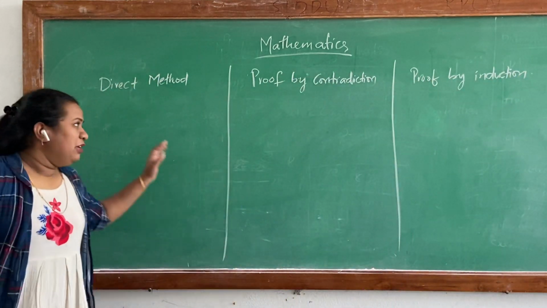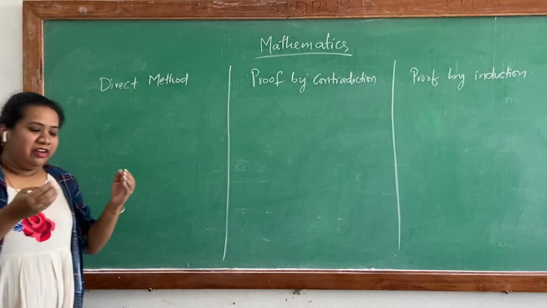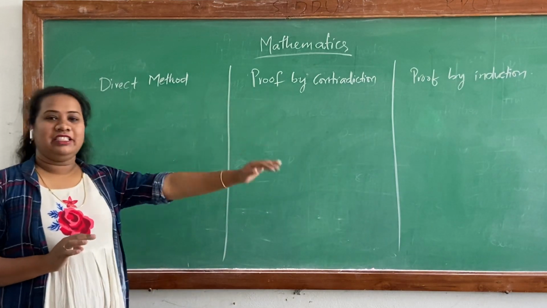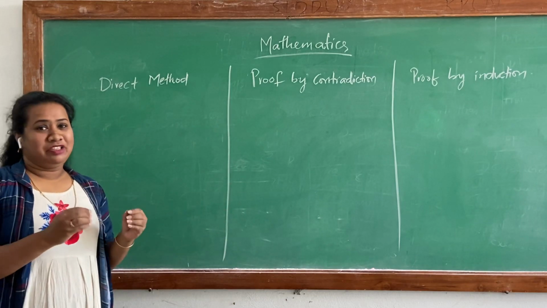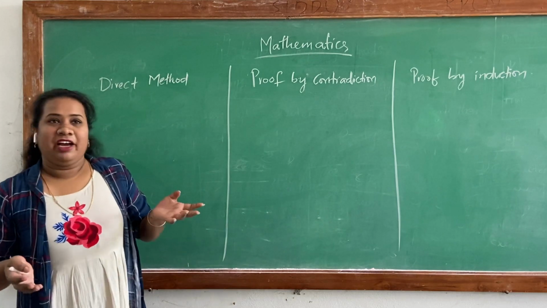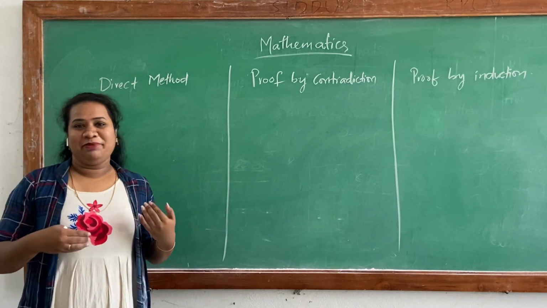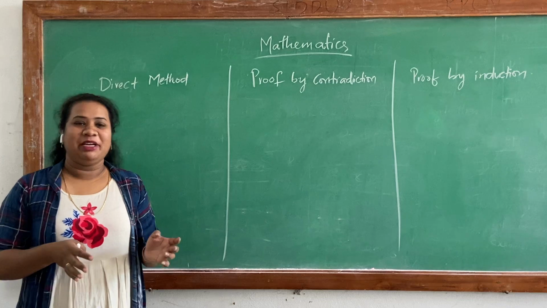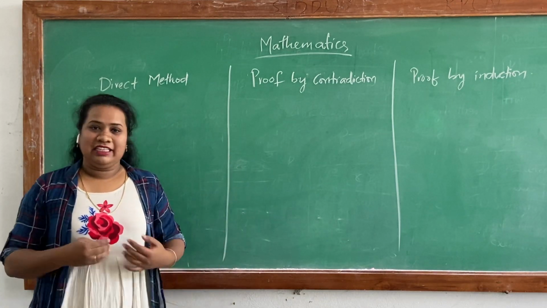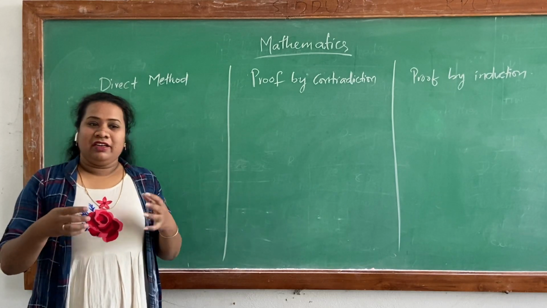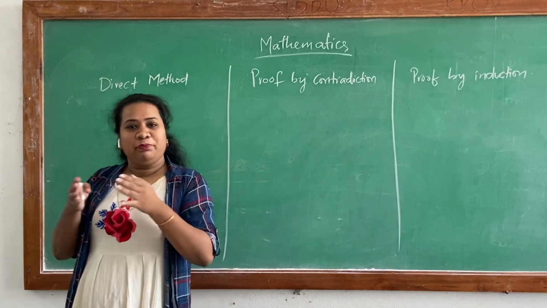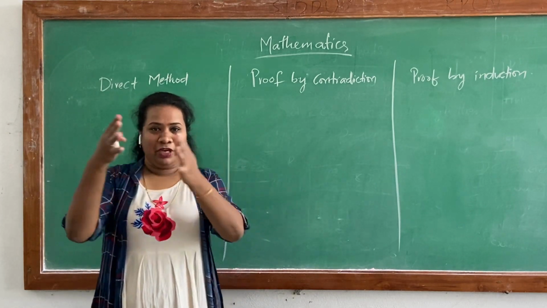So in direct method, the first thing to prove any kind of theorem, before all these 3 things, is to read the statement of the theorem very carefully. Mostly statements of every theorem are in English. So whether you are from English medium or Telugu medium, whatever the language might be, if you know that language, you can easily understand that statement. After reading the theorem, you have to divide the theorem into parts: what is given, and what we are supposed to prove.